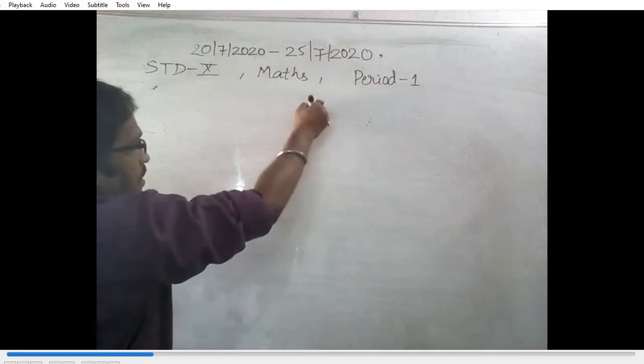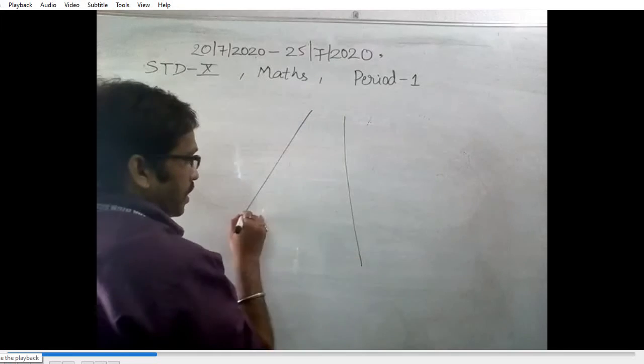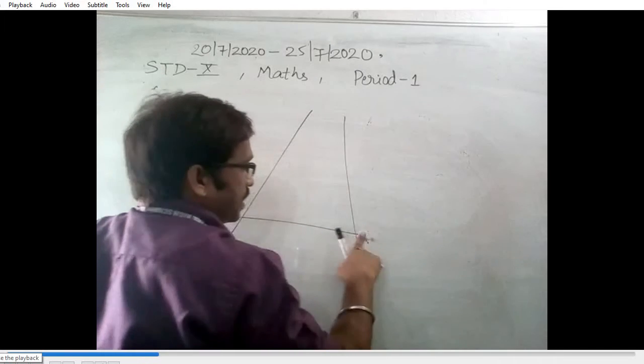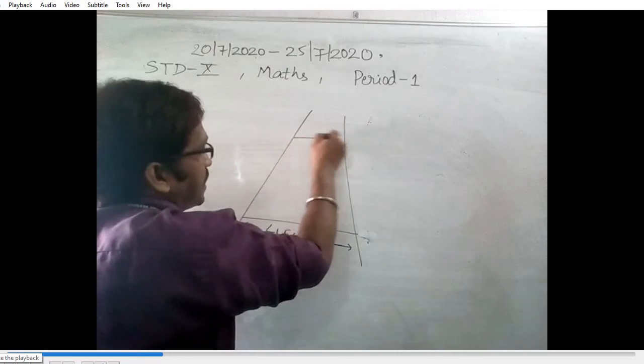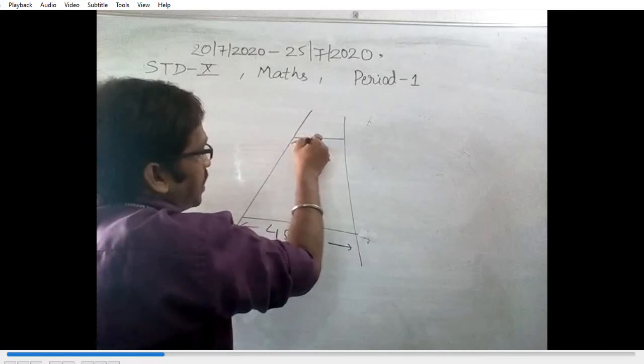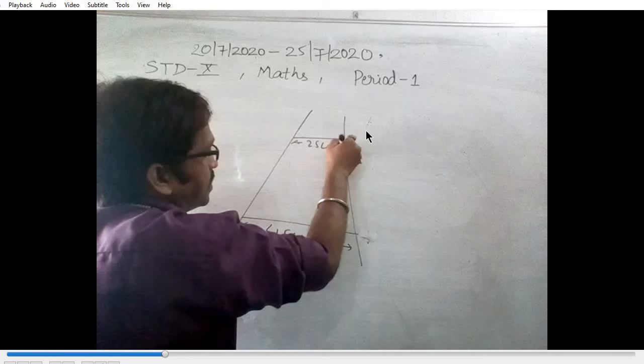Okay, I draw the figure here. This is the first one, that is 45 centimeter. This is the top here, that is 25 centimeter. Now see one thing, class. The distance between 25 and 45 is given in the question as 2.5 meter, and I will convert this 2.5 meter into centimeter.